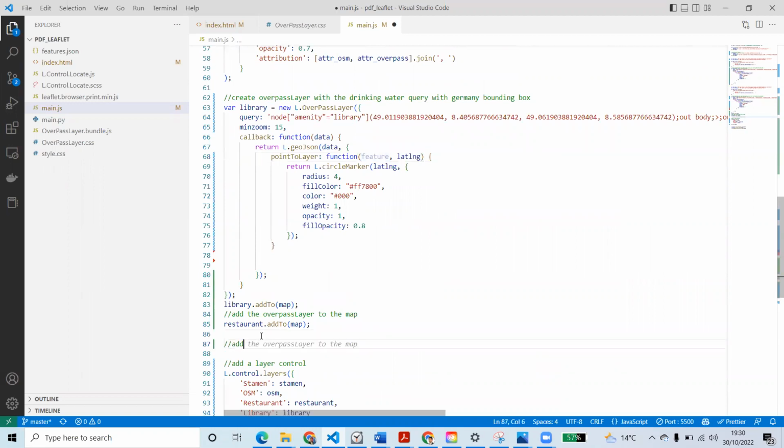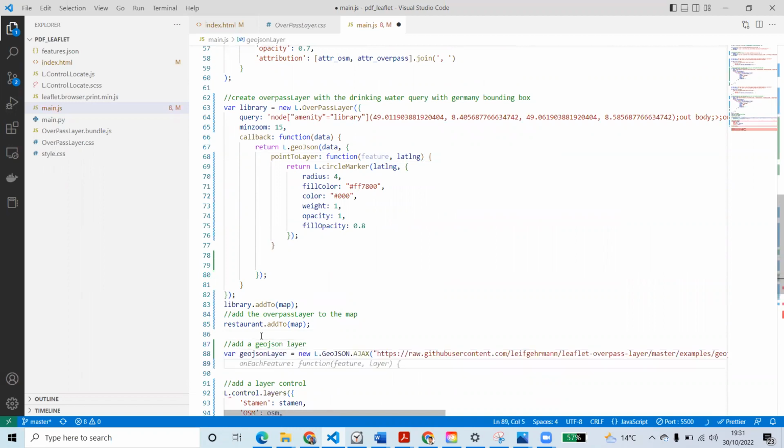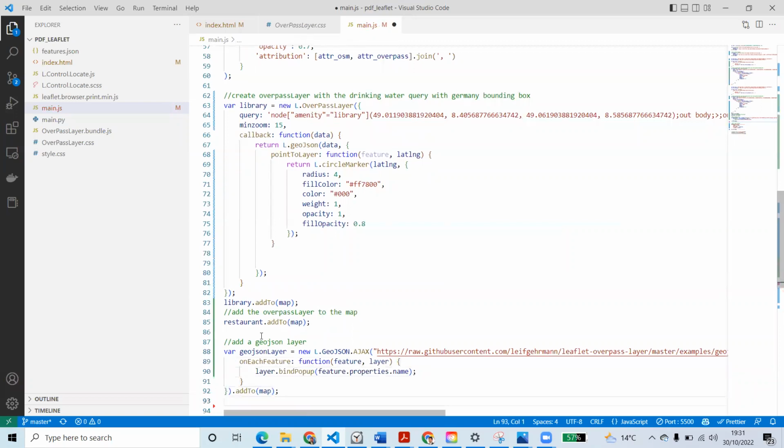Let's see, add a geojson layer. And the feature will be, okay, it should use that feature inside this layer bind pop-up, yeah. So it is going to use this return and point to layer,